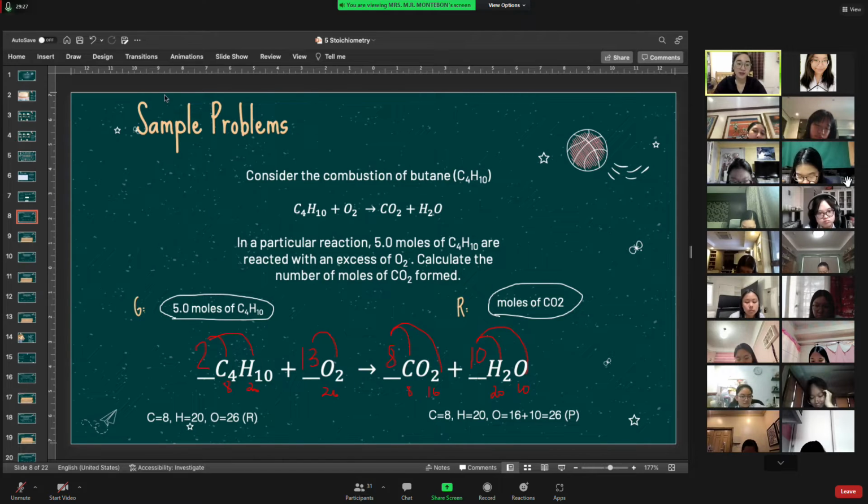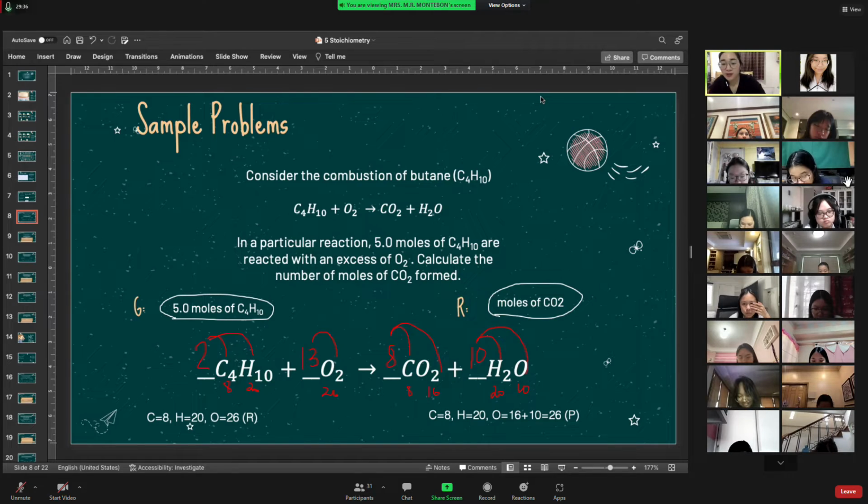So as you can see, for you to be able to determine the ratio, the coefficients, the number needed, you have to balance it out and double check really if it's going to be the same when you add it all up. Per element, okay? Per element. Ayan. So technically, from our balanced equation in here, you will get the ratio. Wait, ayusin ko lang yung drawing ko. So you will get the ratio